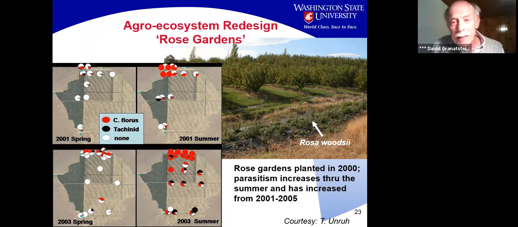And by planting these around the edges of the orchard, they were able to draw that organism in, have it there at the time when the leaf rollers were starting to build in the orchard, and they would move from the rose hedges around the edge into the orchard, kind of following the buildup